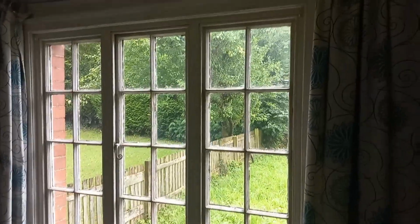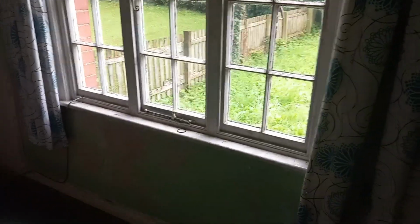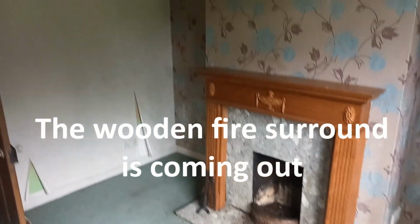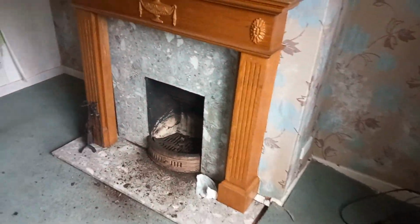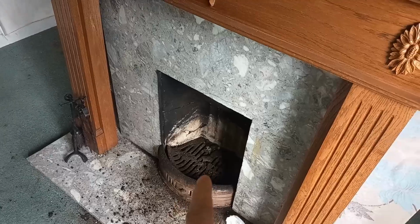Into the living room. Lovely old window. I love the windows, you know. Even though they're not double glazed, I love those windows. Would you fit? Is it literally your sofa would have to go here? Coal fire. Where would you put the telly? You have a log burner in there, Sam. Yeah. Where would you put the